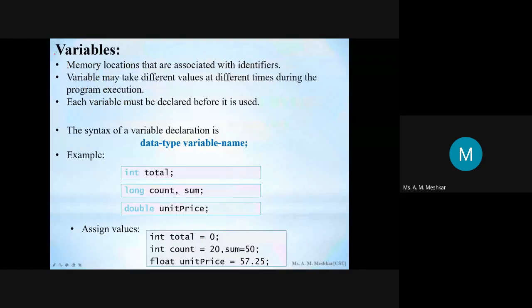Then the next topic we will be learning is variables. Up to here, what we discussed was already done in the last lecture. Now we will today start from the variables. So what is a variable? A variable means memory locations. Whenever you are writing some